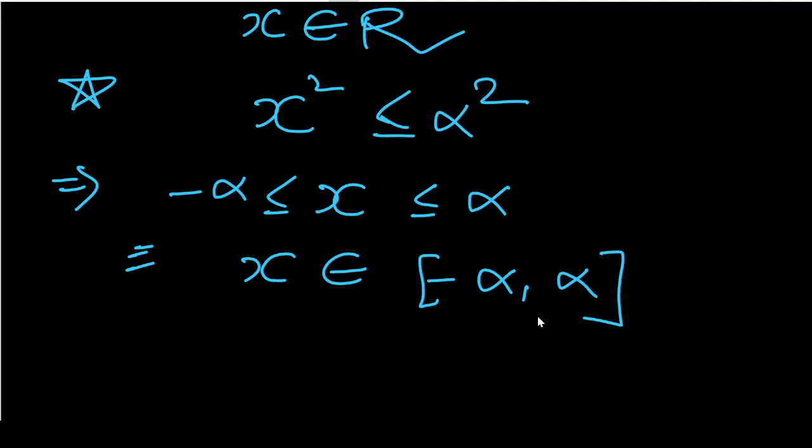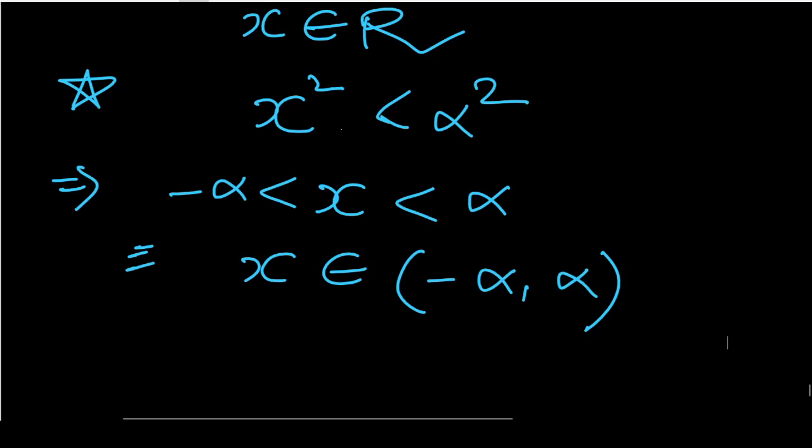And in case x is instead of less than or equal to, if it is only less than, then what would be the formula, guys? So it would be when it is less than. As you can see here, if it is only less than, then here also we will take less than, and this would be replaced by round brackets instead of square brackets, guys. If the equality sign is missing here, it would be missing here as well.